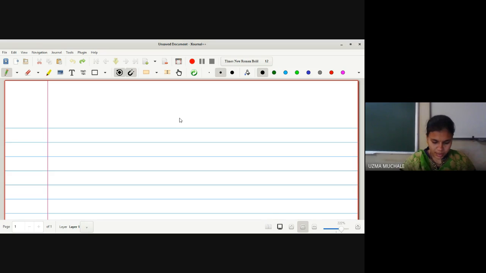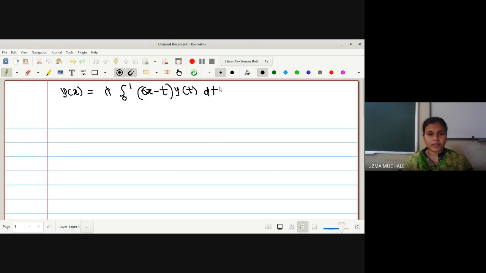Let me write that down. y of x is equal to lambda integration 0 to 1 (6x minus t) into y of t dt. Okay, we have to find the non-trivial solution because there always exists a trivial solution, that is, y of x equal to 0 is a default solution, or we can say a trivial solution, which always exists. Just like for a group there always are